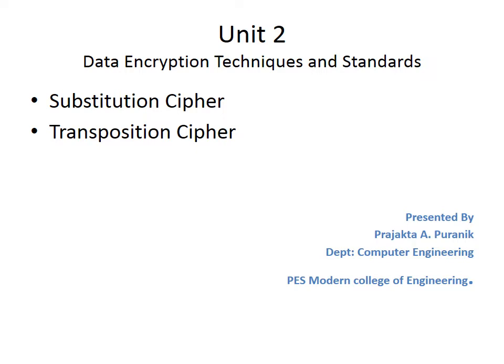In the symmetric key cryptography concept, we learned that there is only one key, a secret key, which can be shared between the sender and the receiver, so that they can encrypt and decrypt the information. In the asymmetric cryptography concept, two keys are there, the public key and the private key. With the help of these two keys we can convert the data from plain text to cipher and cipher to plain text. We have also learned the different algorithms, DES and AES. In today's class we will understand the different encryption techniques.